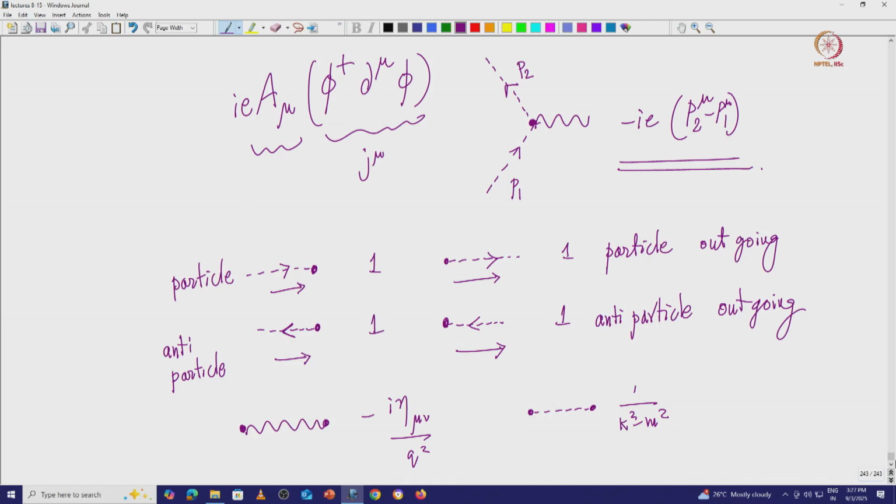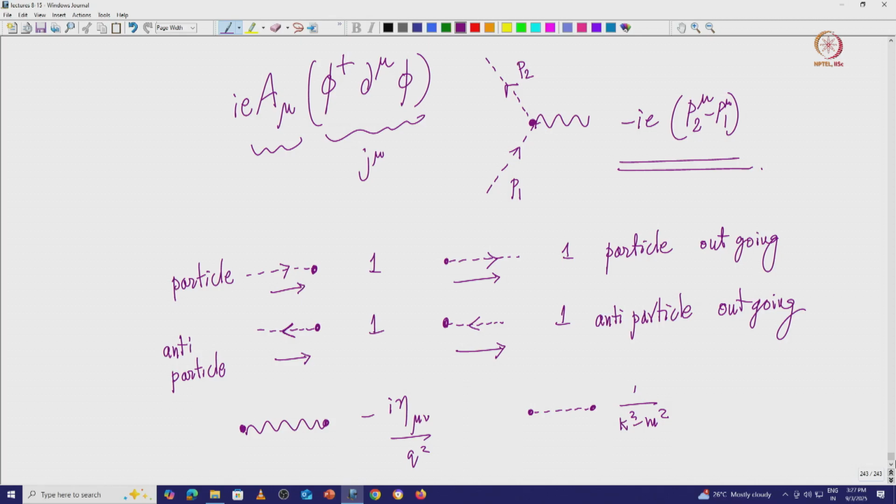Now if I take a pion field with the pion particle with the p1 wave function, the p1 is picked up by the del mu operating on it, and that gives me p1 mu, and on the opposite side it picks up p2, it gives me p2 minus p1. ie is the coupling constant strength. This is what the coupling tells you here, and it multiplies the photon field, which I leave it, I am not putting any wave functions here.